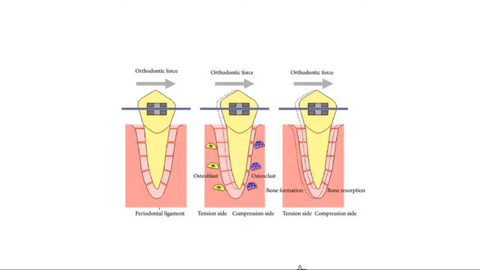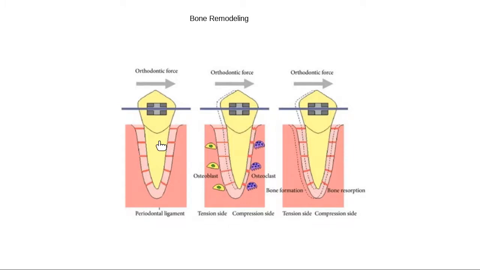So the cool thing about braces is that they show us the process of bone remodeling. We haven't talked a lot about bone remodeling, but bone remodeling is just like if you were to do a remodel in your house. So we take what's there, the bone tissue that's there, and we change it. We build it into a new shape. So bone remodeling is what we're doing when we do braces, when we do orthodontia, which is the technical name for it. So here's how this process works.